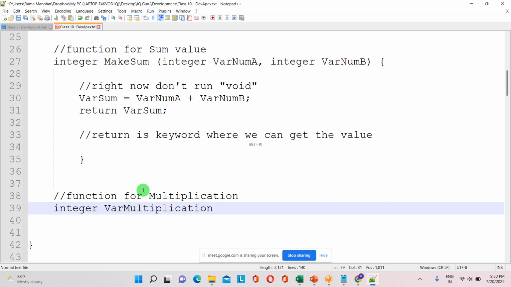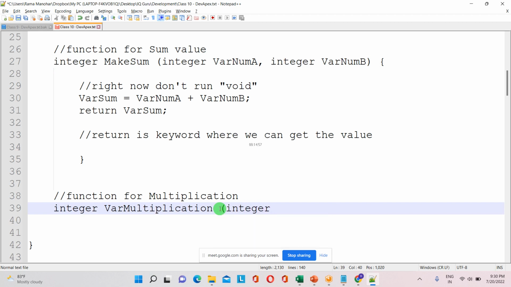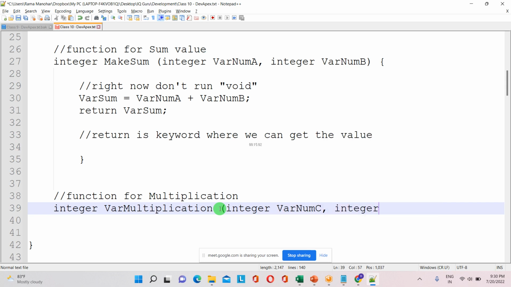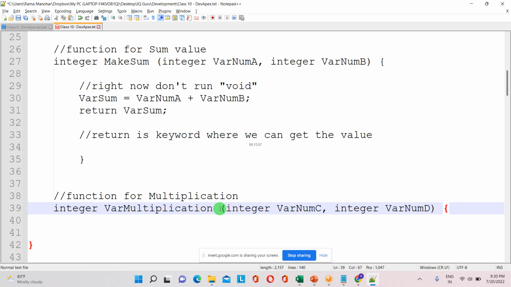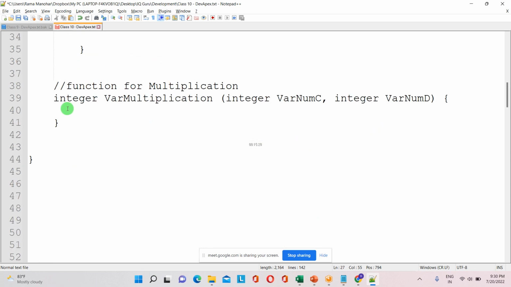Integer number a like that we can pass. Not like that, because whichever we passed here, we need to pass the values here. Okay, so we'll take other values. So first line we have done. And next